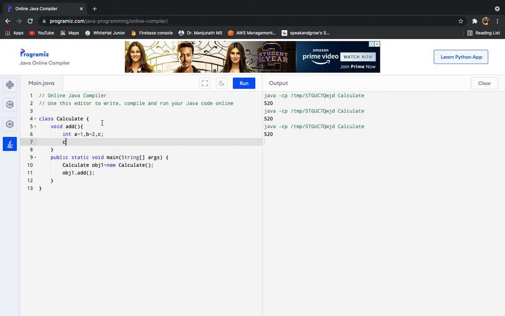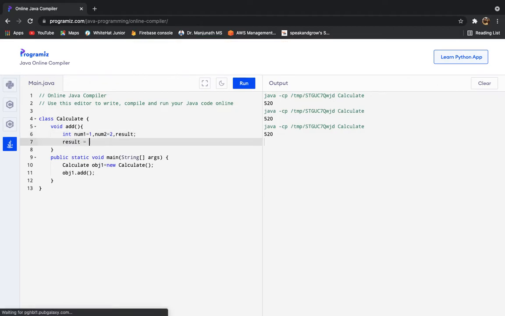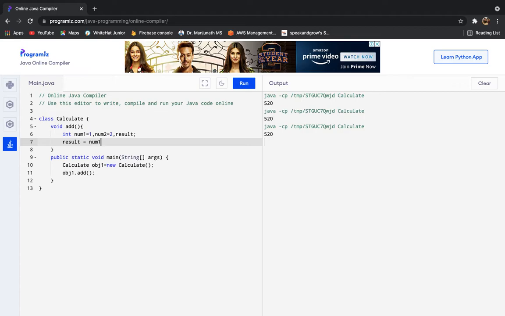Okay, let me declare it as c. Let me rename them: number 1, number 2, and result. So result equals number 1 plus number 2.